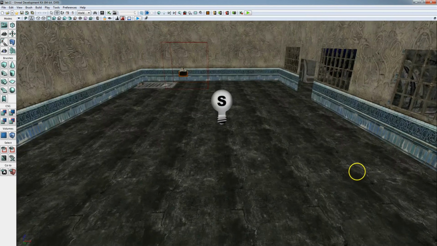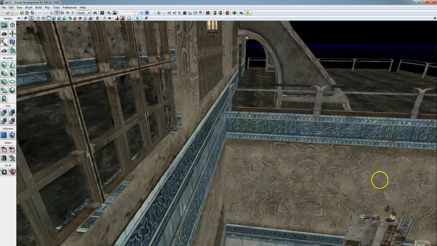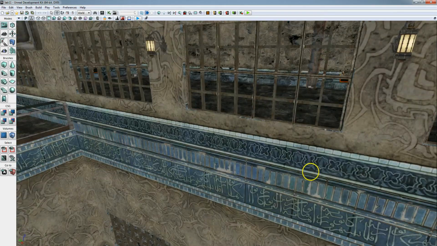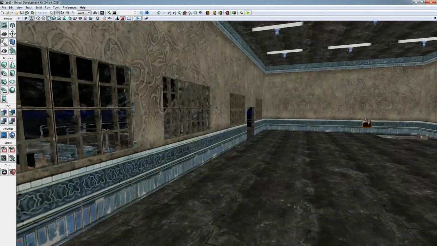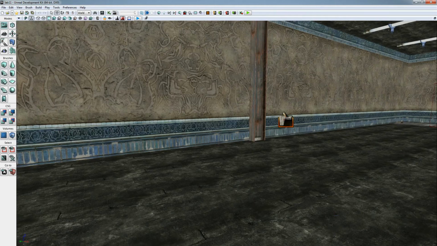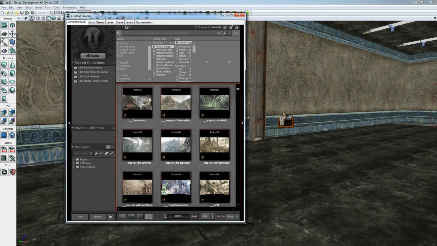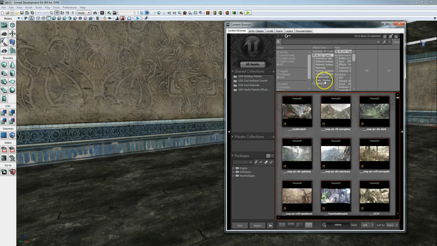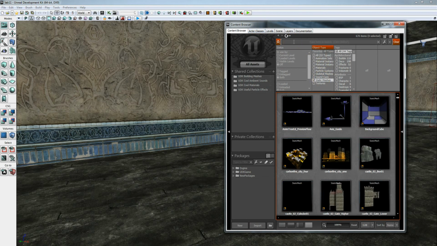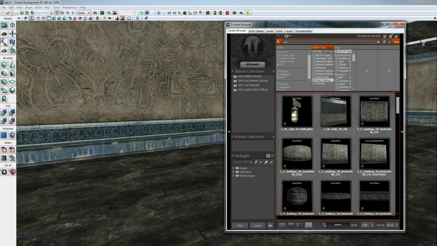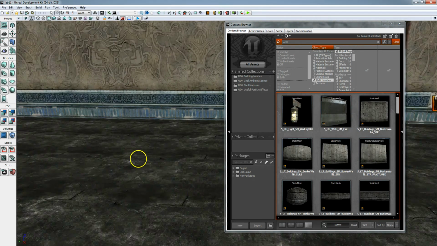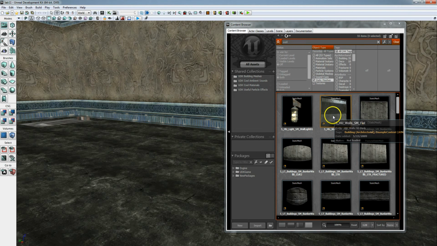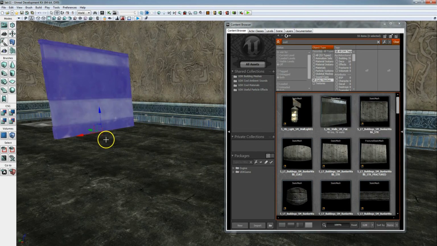And so today we're going to talk about how to do this manually. And so, operating in our second floor here, let's start off by picking out some static meshes from our content browser to make some wall dividers. And so doing this, we can go to static meshes, and let's start off with a wall. So here is a simple walls underscore sm underscore flat, and we'll go ahead and put one of these in here,